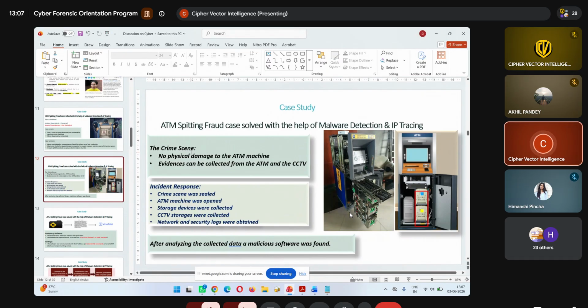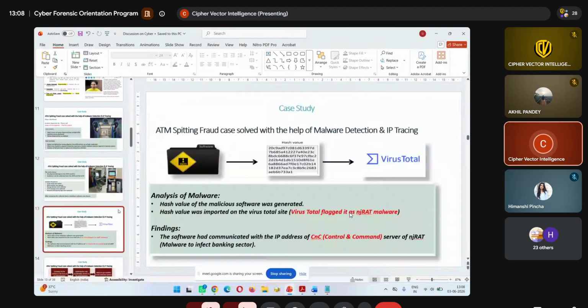Whenever the first examiner, the forensic investigator, visits the premises, they seal the premises, and they come to know that there is no physical damage on the ATM machine, meaning there is no physical theft. So they sealed the computer. The ATM machine has a whole computer inside. It has a CPU cabinet, a data hard drive, and a proper touch screen monitor, which you see on the screen. So they seized the hard drive of the computer